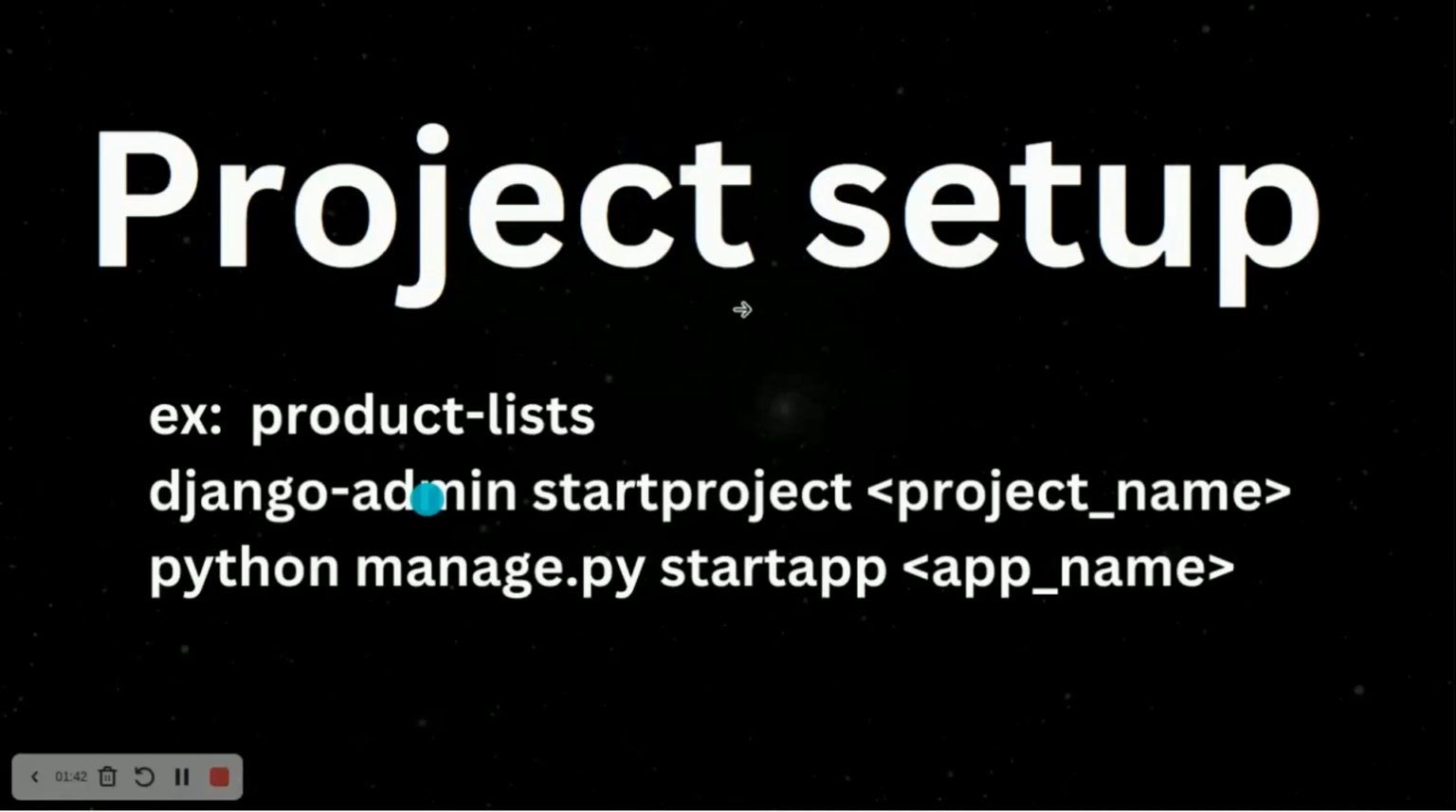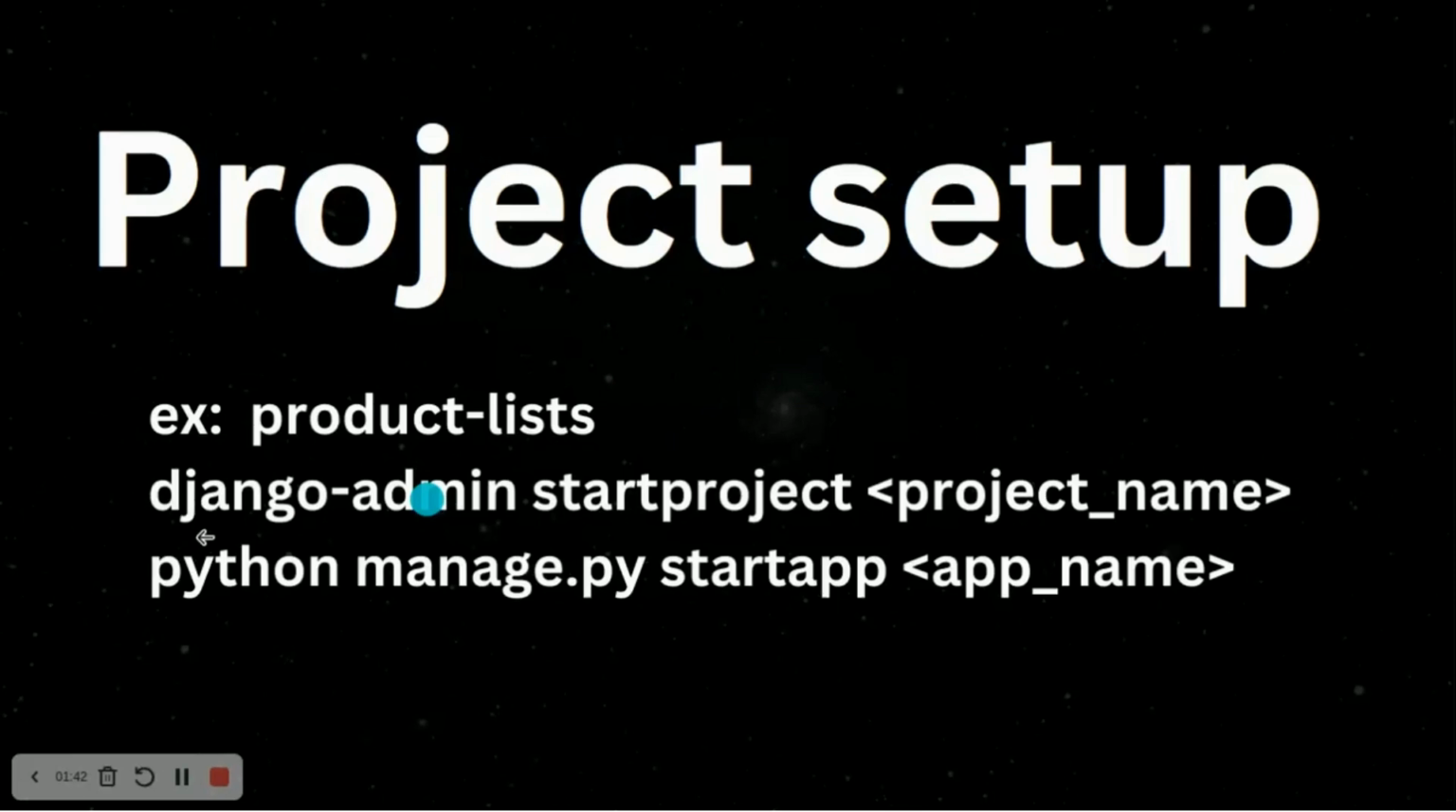Hello students. We learned in the previous video how to activate the environment setup. In this video we will learn about project setup. This is the example: we will take the project name as product and the app name as list. Okay, so here